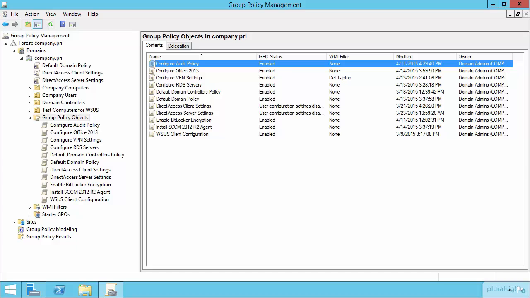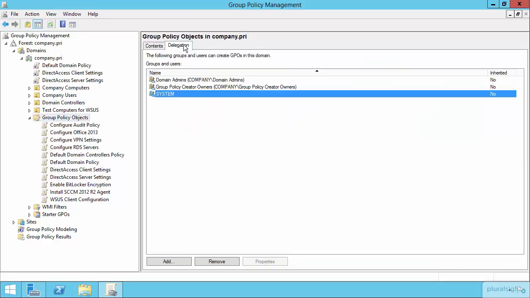And then for our final topic on delegating group policy management. The solution here, built into the Group Policy Management console, in contrast with what we saw back on Active Directory Users and Computers, is actually pretty well designed. For example, if you come here to the Group Policy Objects node and click on the Delegation tab, you have